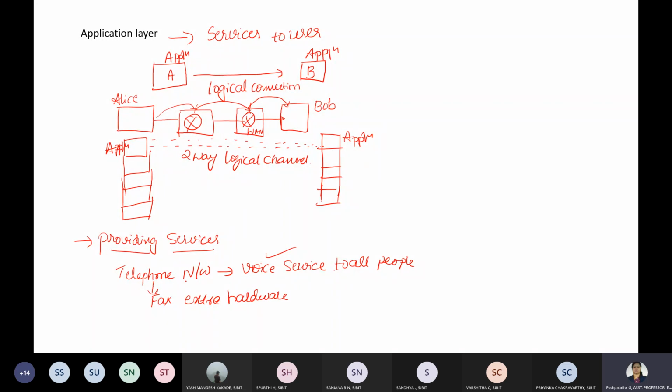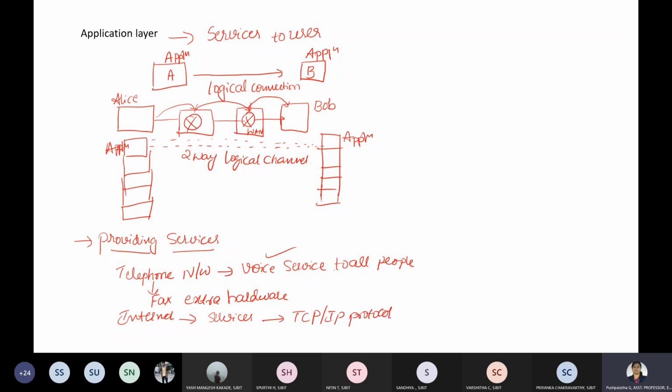If you think of the internet, it was originally designed for the same purpose, to provide services around the world. The layered architecture we use in the internet is the TCP/IP protocol suite.